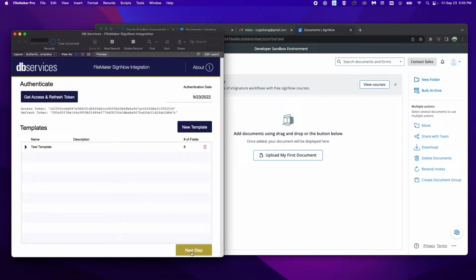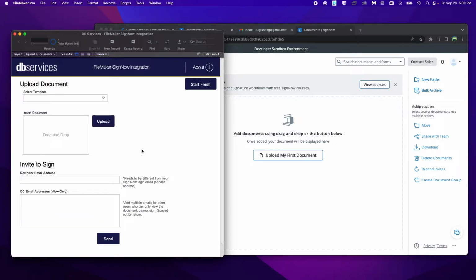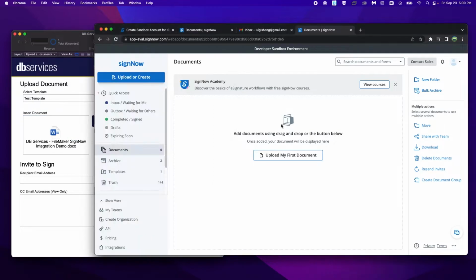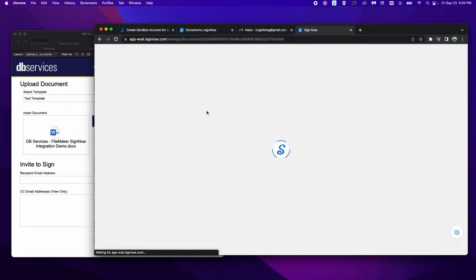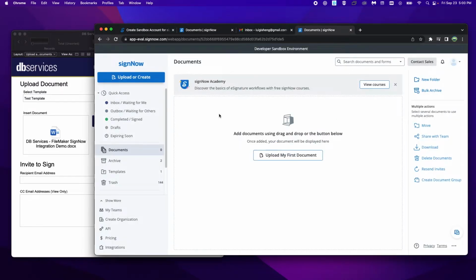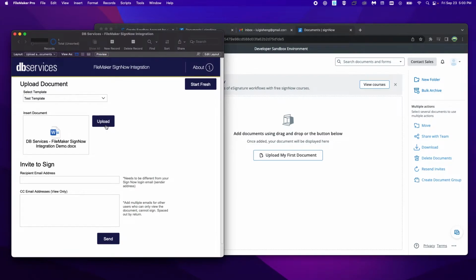We can proceed to the next step, which is the process of uploading the documents, right? So here we want to select the test template that we uploaded. And now I'm going to drag and drop the same template here. But now, as you can see, I'm going to refresh, to let you know that this is an actual upload of the document, not the template. So this is empty right now. So if I upload this,